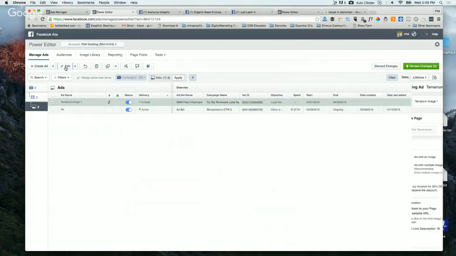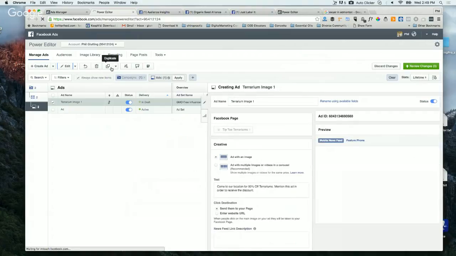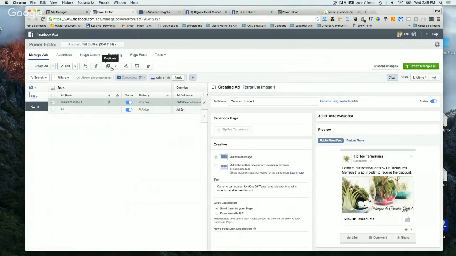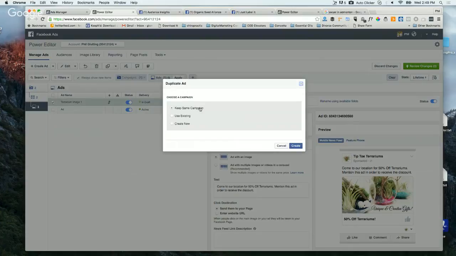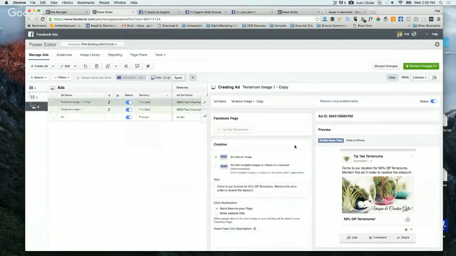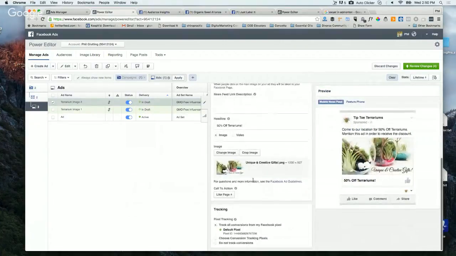So again, you just hit edit, and then in order to duplicate it, you hit duplicate. You want to make sure that you keep it in the same campaign. And then just go ahead and rename it to add image 2. That way you can keep these 2 separate. Finally, you would change the image,